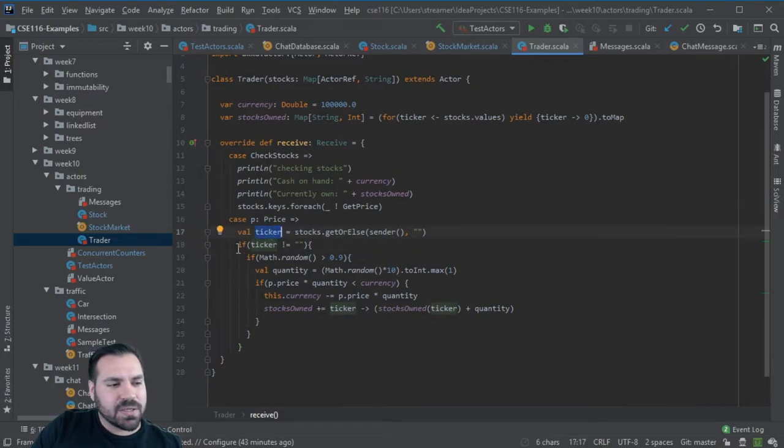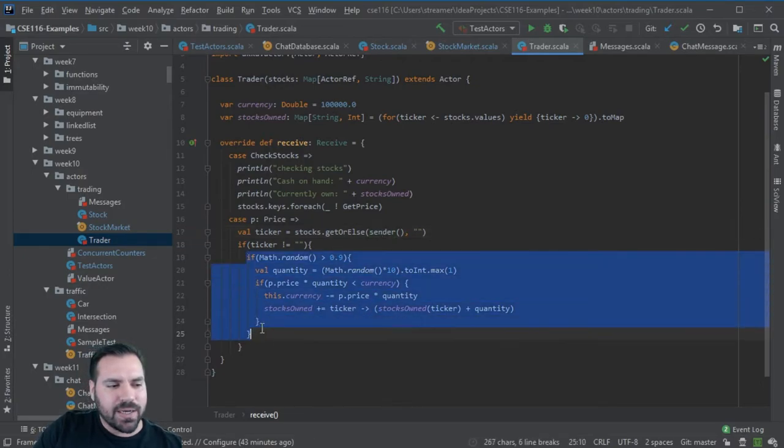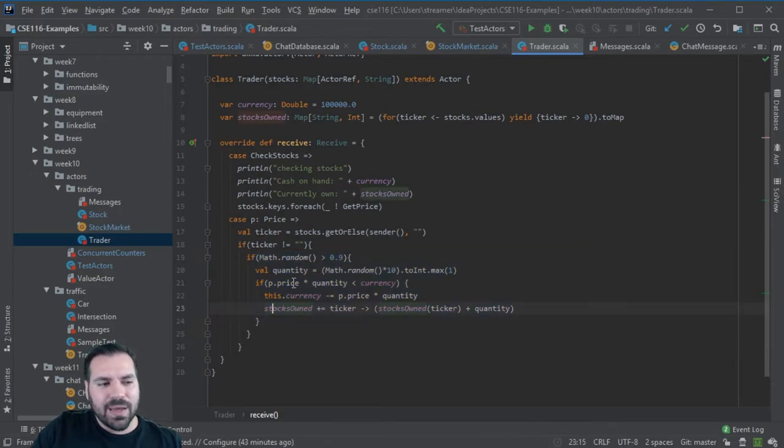Solid question. So if the ticker is not the empty string, that means this sender is a known sender. We know about them. This is a stock that's in our knowledge, in our database. So we're going to execute a trade, potentially. And this is just purely random trading. This is where all of your actual algorithms would go to decide whether or not to buy or sell or whatever. I'm just going to say there's a 10% chance